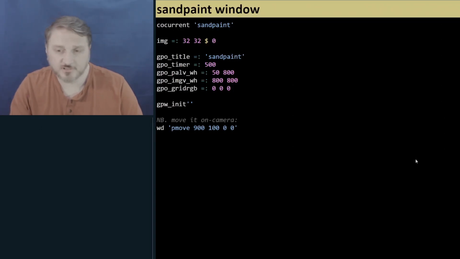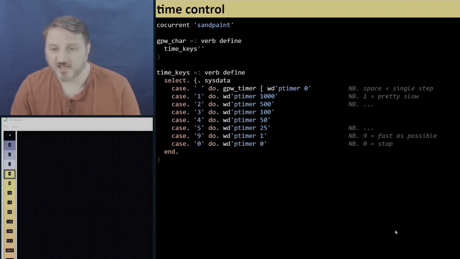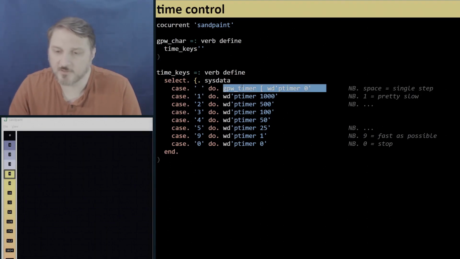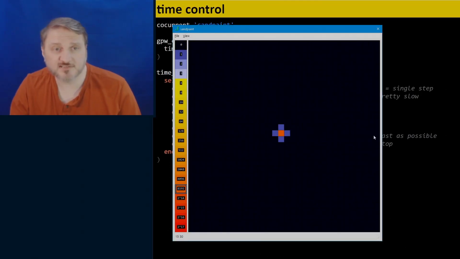Sandpaint is the same as the modified grid pad I was showing earlier, but with a slightly bigger drawing area and some keyboard shortcuts for controlling the speed. So now pressing space allows us to advance time one step with every key press. Then the rest of those lines just run the clock at various speeds, from once a second when you press 1,